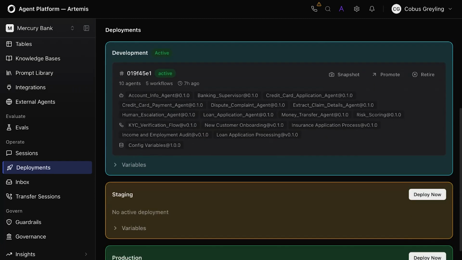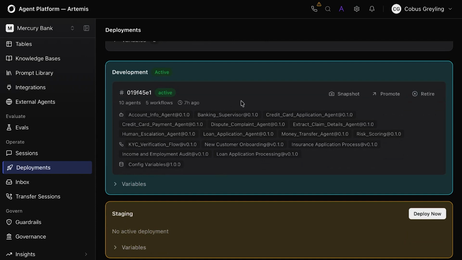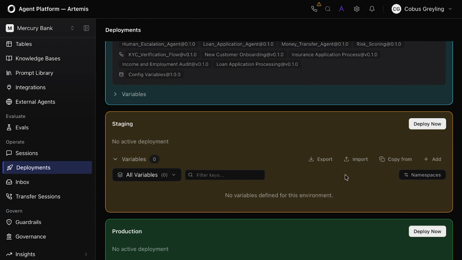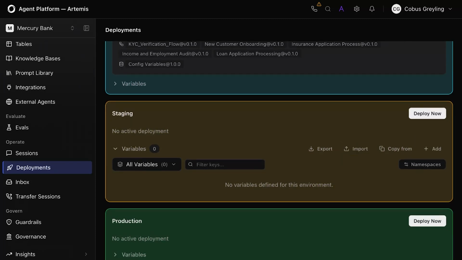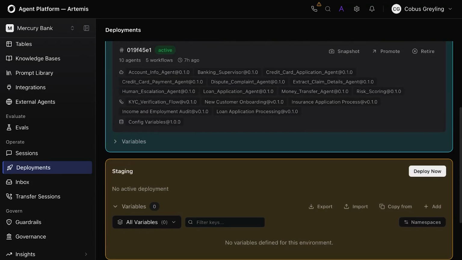So you'll see in this configuration, I've got three areas. I've got a development area I can deploy to. You can see the detail: 7 hours ago, there was a deployment, 5 workflows, 10 agents. Then I can also go to my staging area, and I can import the deployment. I can copy an existing deployment. So I can have varying stages or applications queued up to deploy to staging. And obviously, I must have a production deployment to deploy to production.